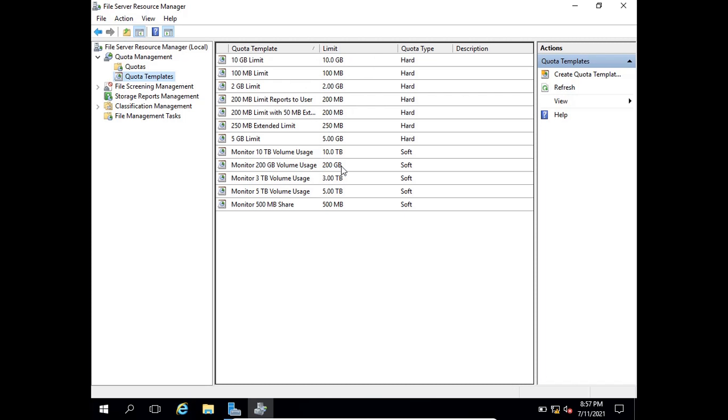But how do you do it if you have been asked by your boss? If you're a sysadmin and you're being asked by your boss how do I do this? I mean, he's asking you to create a template and add a file into it. The first thing you need to do is to know that you have to have a file. The file has to do with a share file in the server network, and you actually create a template. I mean the gig. You set the gigs. Templates help you to set a gig that you want to use, and the quotas help you to add the file you want